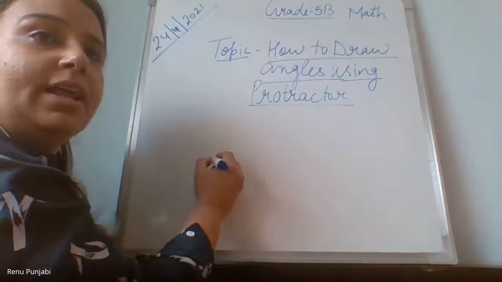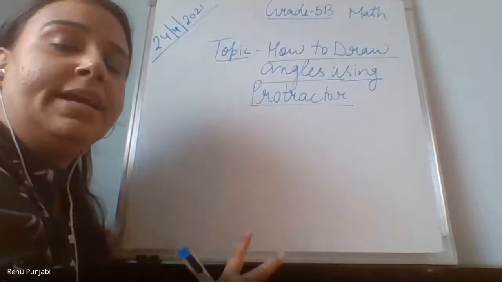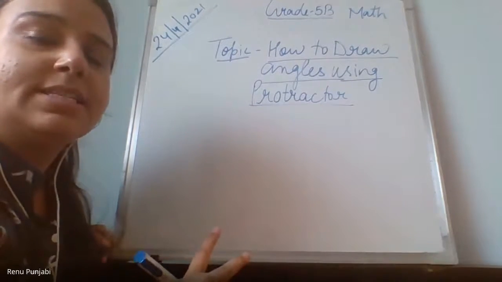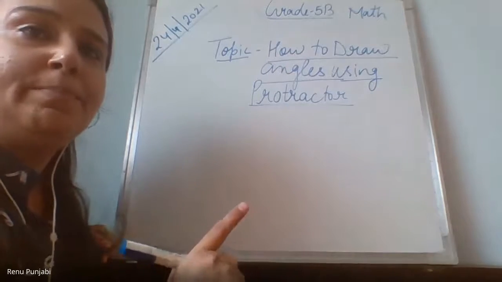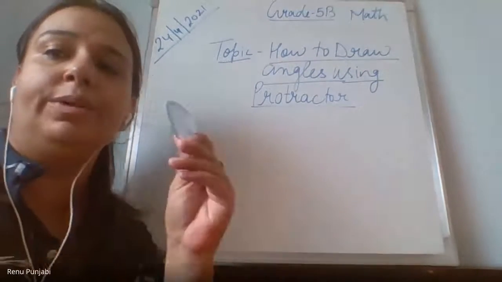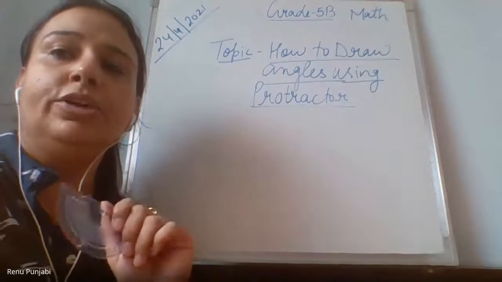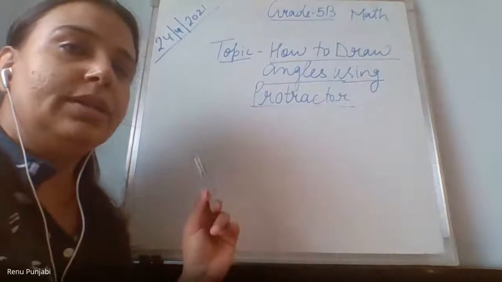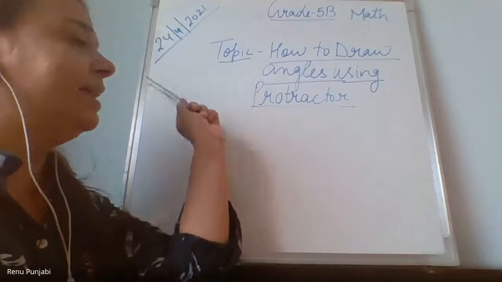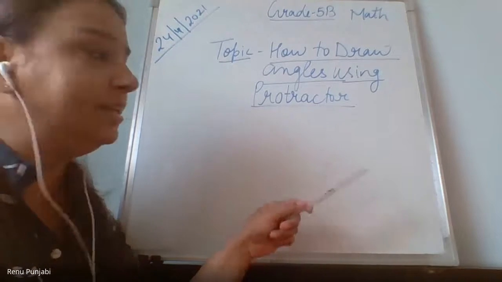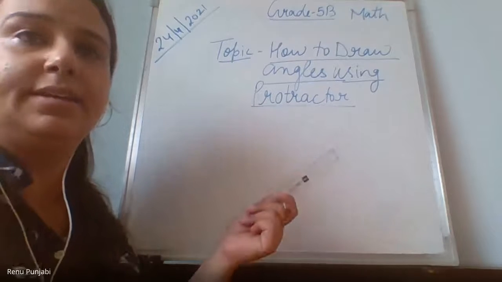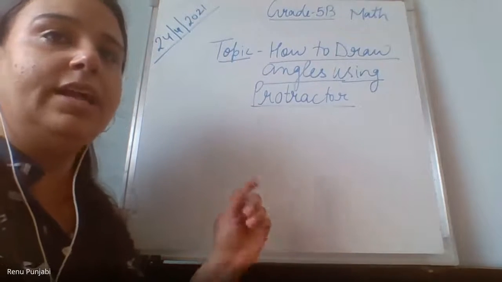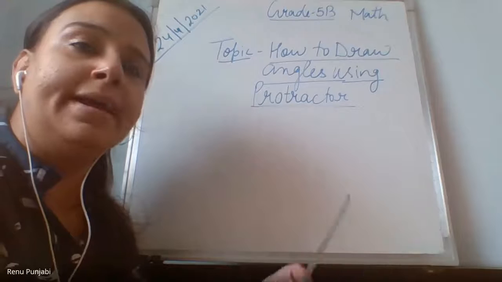See, look here, everyone. Draw any two angles and show me fast. Any two angles with pencil and scale, not with the protractor. Use pencil and scale. Yes, in the notebook. In the notebook, write today's date, and write the heading, not this heading, yesterday's heading: How to measure the angles. And draw any two angles.